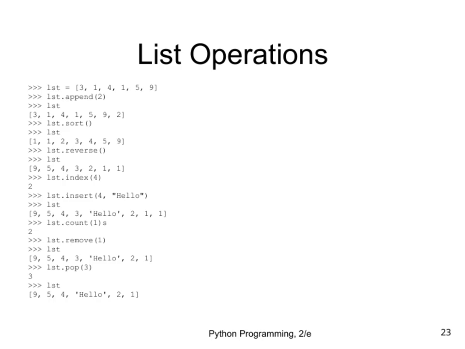Next, we can sort the list with the sort method, which arranges the numbers in ascending order. As you see, after sorting, the list becomes 1, 1, 2, 3, 4, 5, 9. Then, reversing the list with reverse flips it around, so now it starts with 9 and ends with 1. We can find the position of a specific element, like 4, using the index method, which tells us it's at